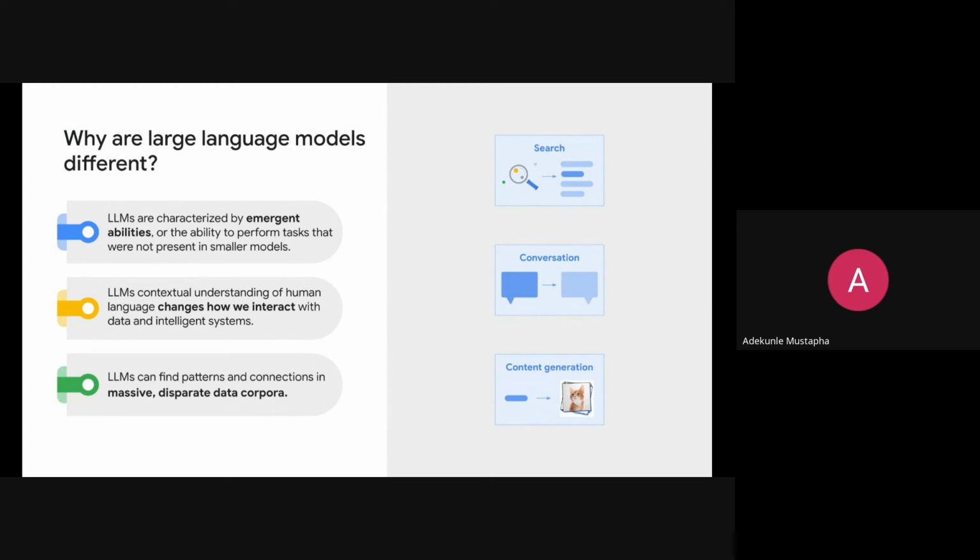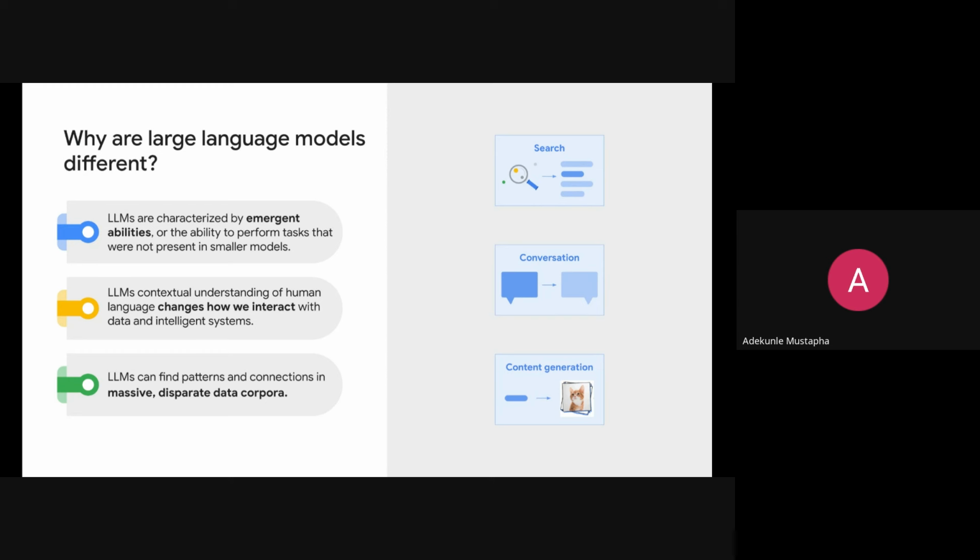So what are large language models? Why are they really different? We know that LLMs have emerging abilities, which means they do not have to be explicitly trained to do things. You can just train them on a large corpus of text, a large variety of text, and they learn to translate, answer questions, and generate code, and so on. It's not that you are training it for each specific thing. It learns from the different data sets it has been exposed to, and it can now solve a particular user problem at a given time.